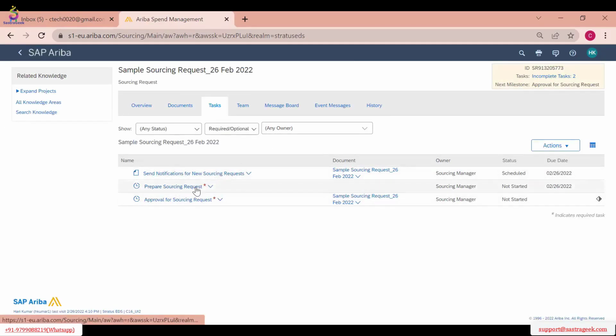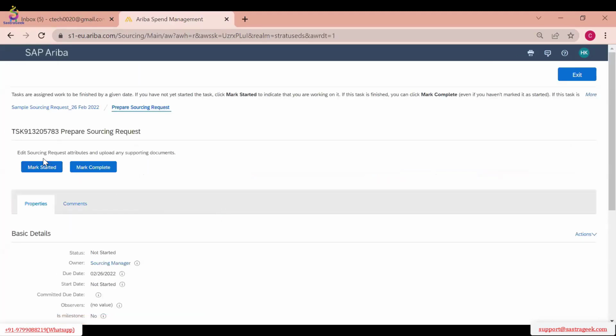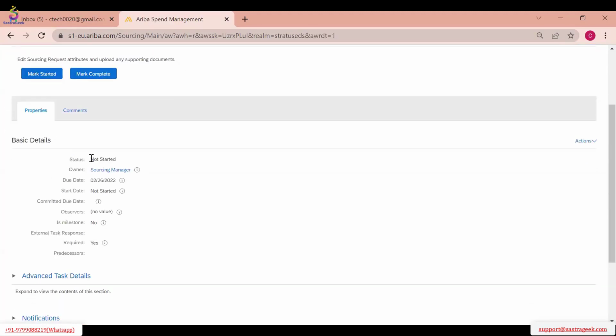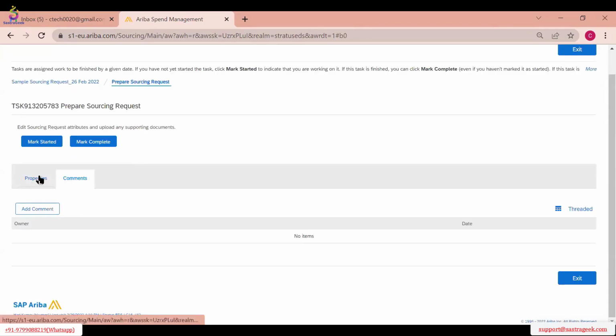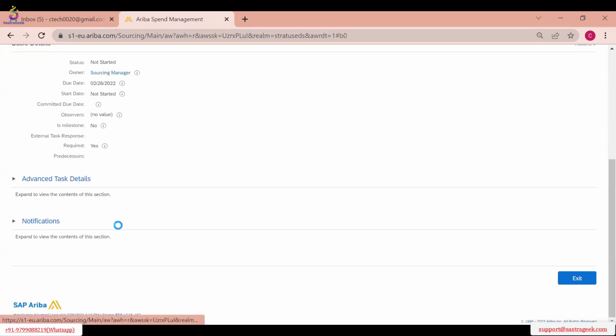Next one, prepare sourcing request. This is just telling the process. Okay, now you have come, you have to prepare. So view task details. Again, properties will give you the details, comments. If you want to add any comments, you can add comments. Advanced task details,